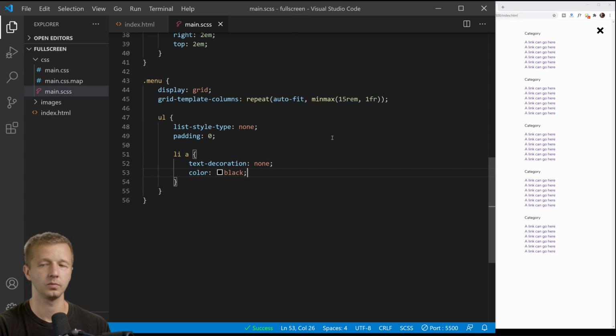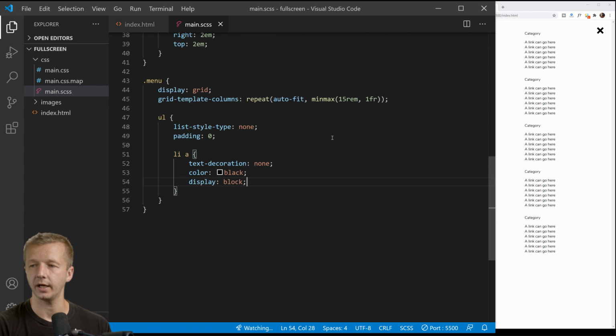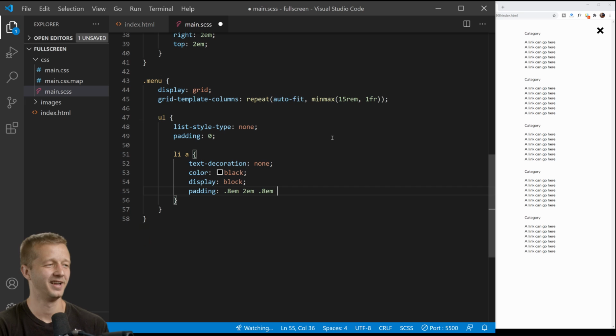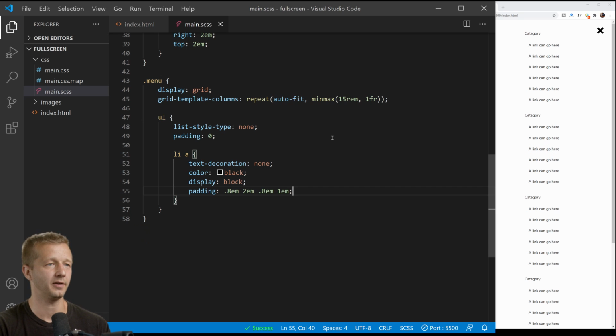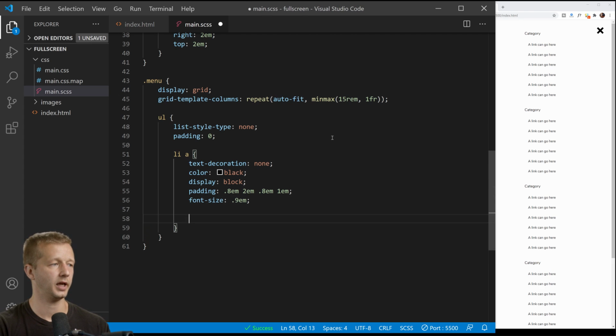Color black. Display block. And padding is going to be 0.8 em units on the top, 2 em units on the right, 0.8 em units on the bottom and 1 em unit on the left. All right, and then we're going to say font-size 0.9 em units, and then we're going to say on hover on those link elements, background is going to be